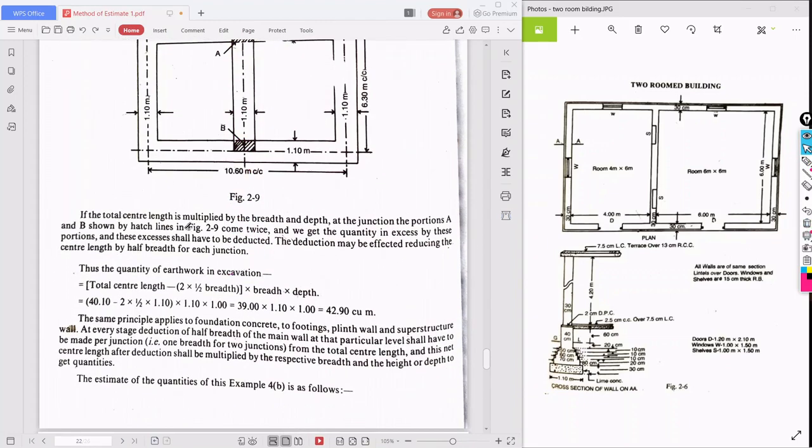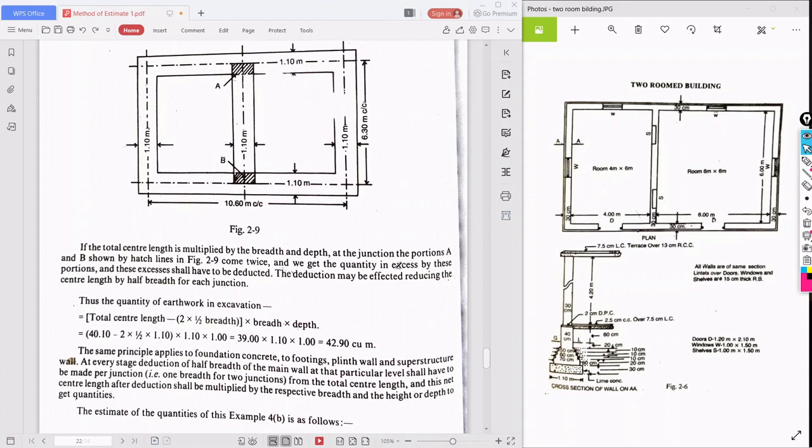The total center length is multiplied by breadth and depth. At the junction, the portions A and B shown by the hatch lines come twice, so we get the quantity in excess, and these excesses have to be deducted. The deduction is effected by reducing the center length by half breadth for each junction.